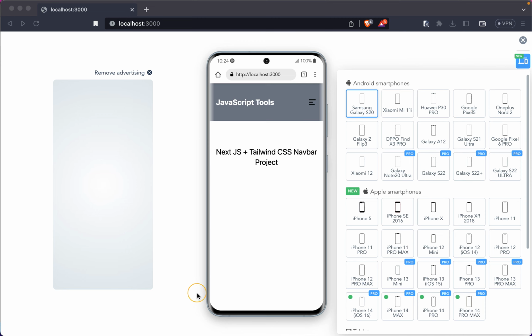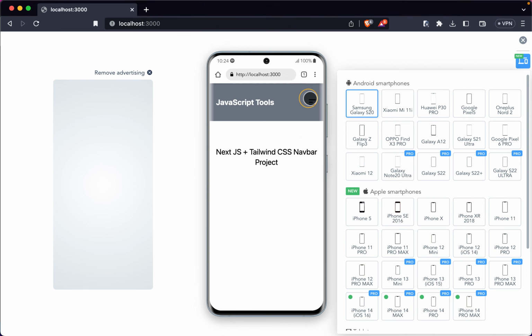Okay, this is the project demo, and as you can see, obviously this is a mobile view. So I am in my home page. I just have this, let's say, logo type, whatever. It's just a piece of text, but it's where the logo normally is. And I have this menu button or hamburger icon button. I don't know how you want to call it. And when I press this button,